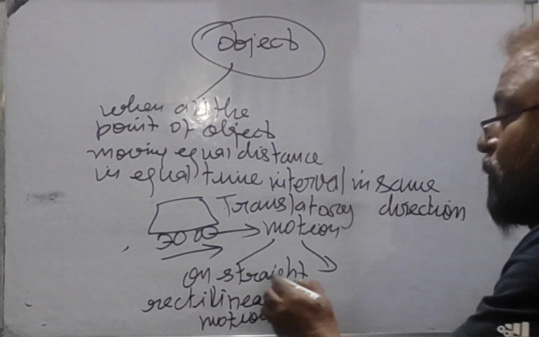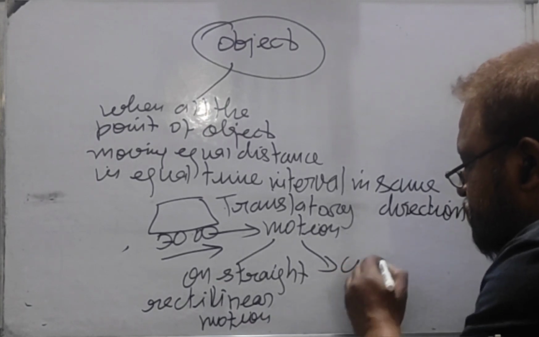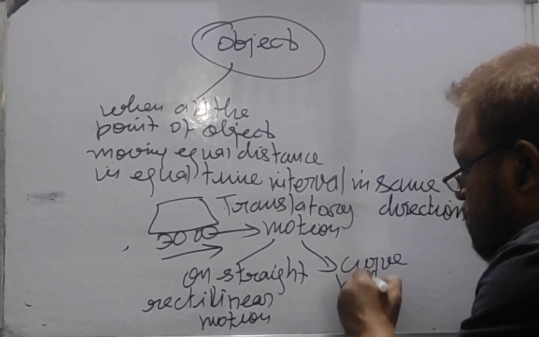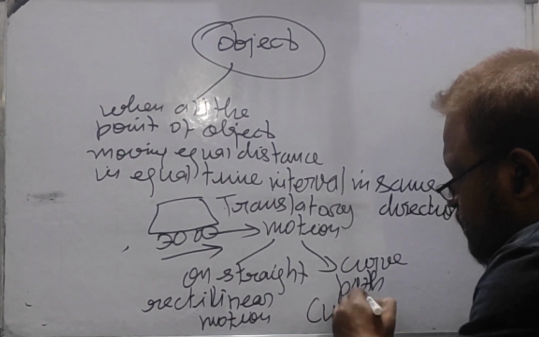And when on a curved path, then it is called curvilinear. कर्विलिनियर।